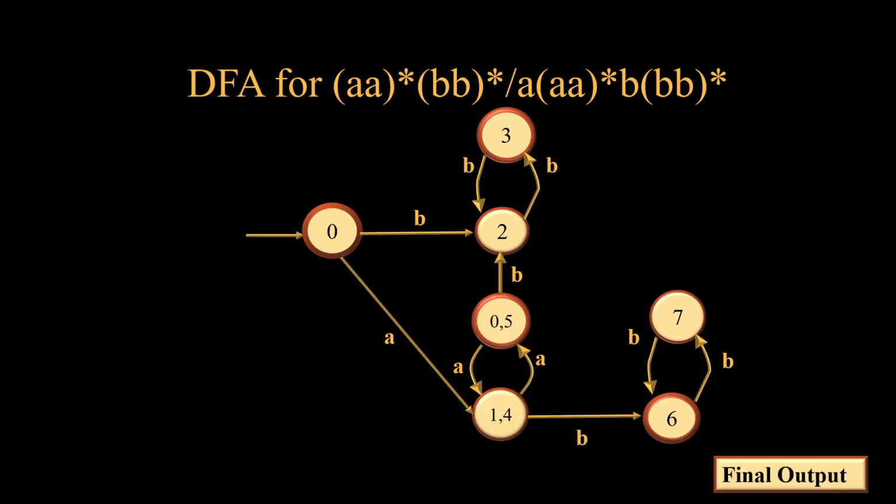And now we will draw this DFA in an ordered manner, and this is how we get the final output. In the final output, we have four final states: 0, 3, 0,5 and 6. Why do we have all these states? Because 0 was a final state in the first case, so 0,5 will be included, and 3 and 6 were final states, so they have been included as such. So this is the final output which we get.